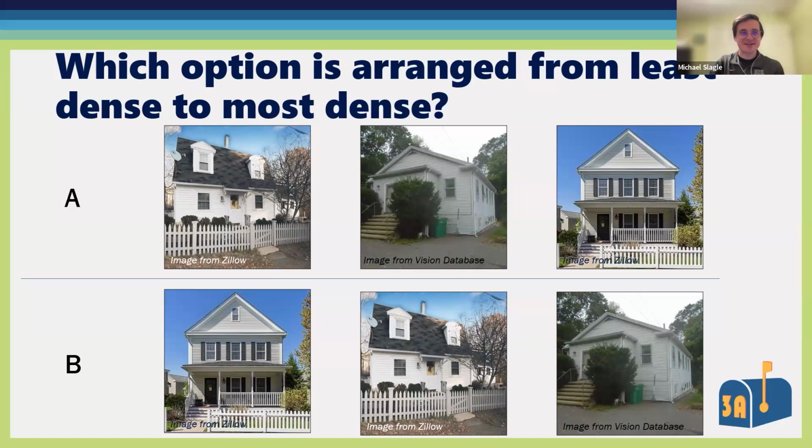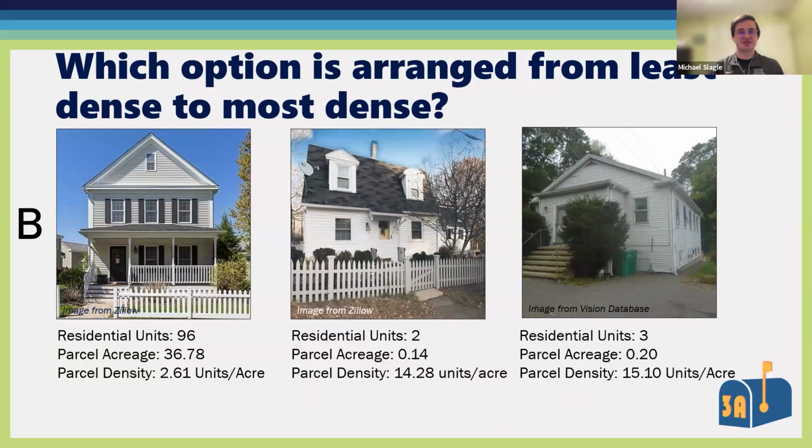So the correct answer is option B. The first picture shows a unit at the Villages at Stow off of Great Road near the old Bose site. The middle option shows a duplex in town center. And the one on the right side shows a triplex located near Lower Village. You can see that the densities of these can vary. They can look kind of similar in size, but when you look at density, you really have to look at the full picture of the site.